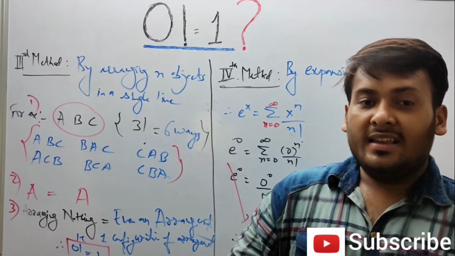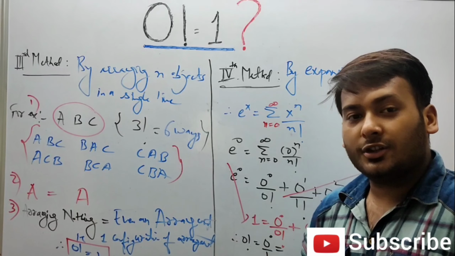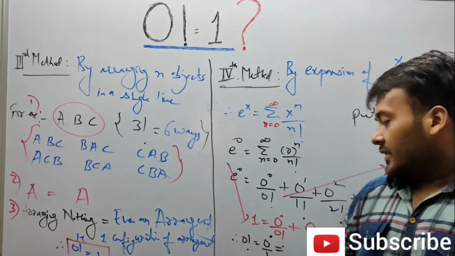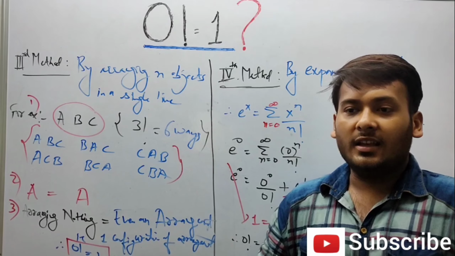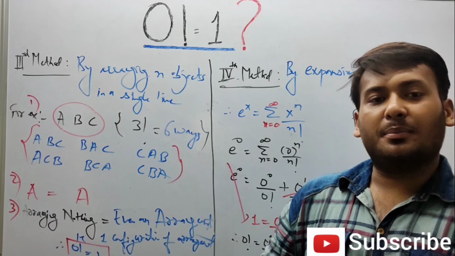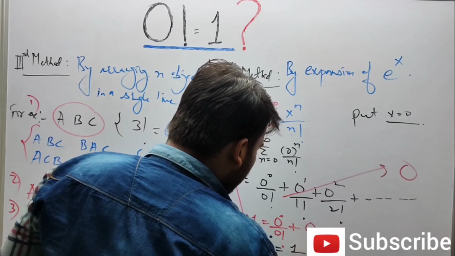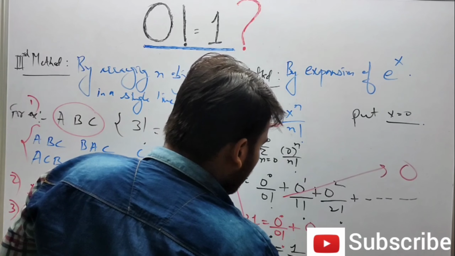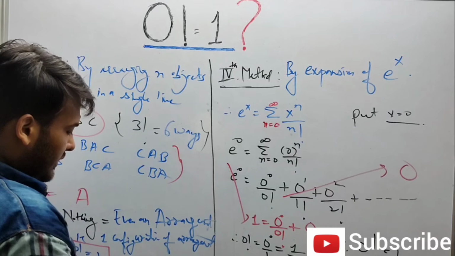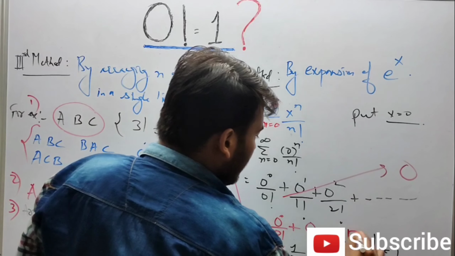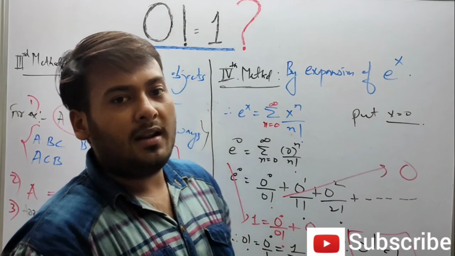Students, in a very recent video I have even talked about 0 to the power 0. Alright, since here we'll take 0 to the power 0 equal to 1, why? Just to make mathematical calculations easy and simple. Alright, 0 to the power 0 we'll take as 1, divided by 1. Therefore 0 factorial equal to 1, and hence we prove it even by the expansion of e to the power x.